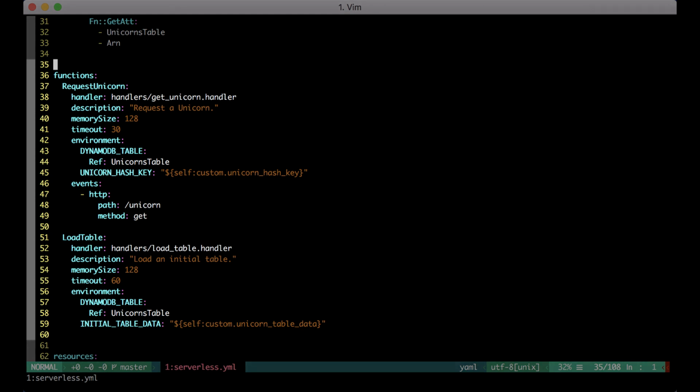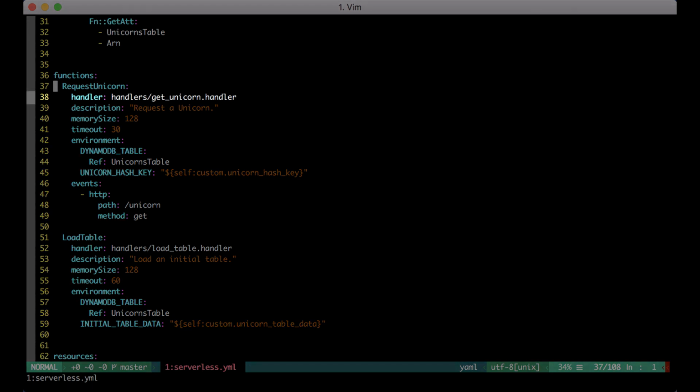We're now back at the functions section of this file. This service has two functions: request unicorn for requesting rides, and load table, which is called on deployment to load unicorns into DynamoDB. The request unicorn handler is the entry point of the Lambda function. We're telling Lambda to call the function named handler in the